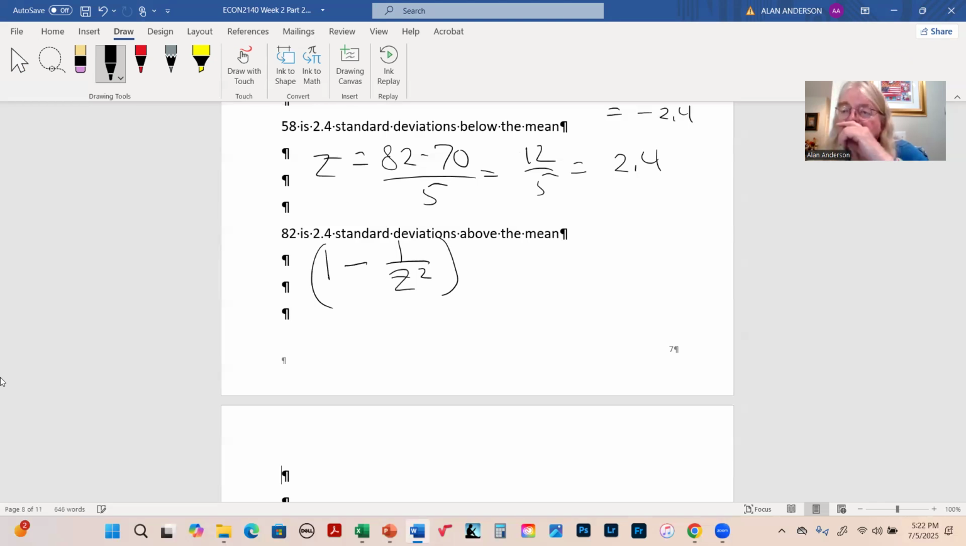A given number of standard deviations of the mean. Okay. Now it has to be the same above and below, right? That's one of the drawbacks of this formula. But if z is 2.4,